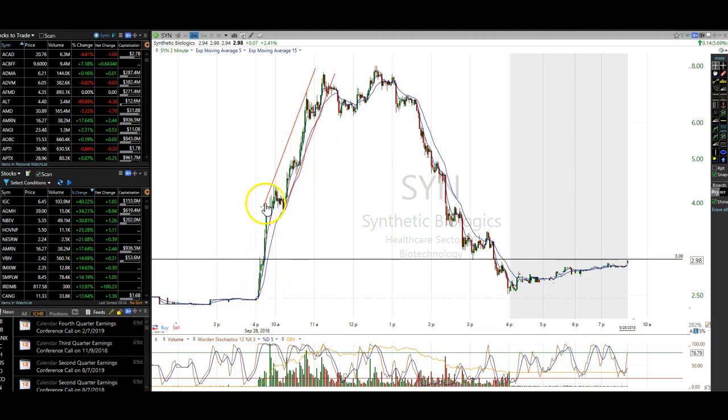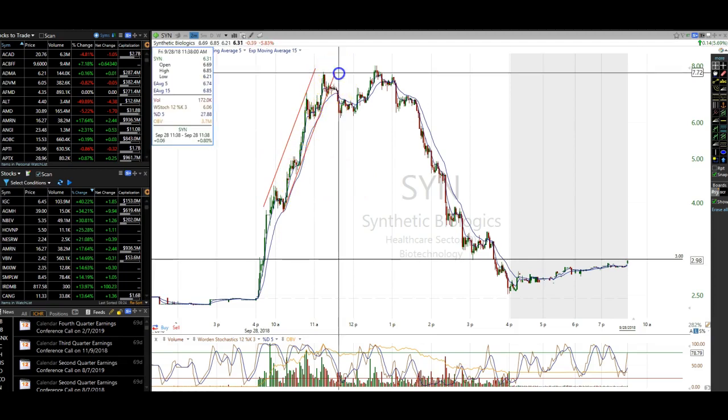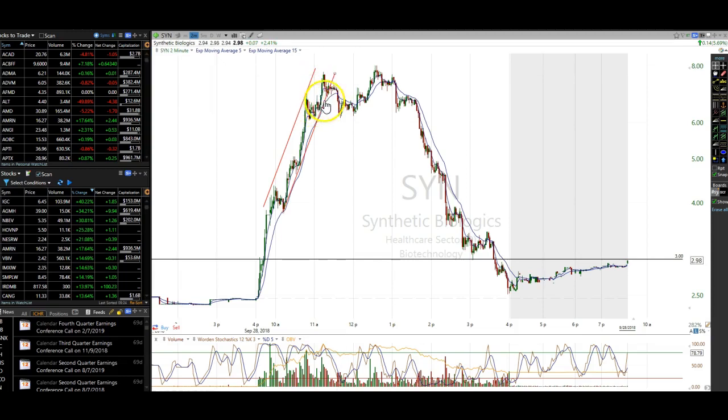So we have this big pop in the morning, first wave up 1, pullback wave 2, wave 3, wave 4, and then wave 5. And we sold this as it ran, little pieces all the way up. We sold some at 4, some at 5, some at 6, and some at 7. Did we? Yeah, 7. And we missed the very top because what happened was it got in this channel, and